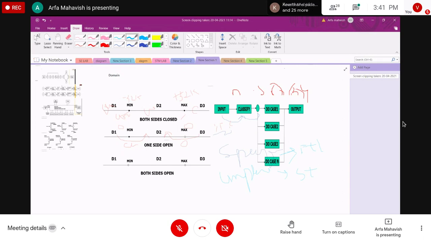The two types of domain are called the nice domain and the ugly domain.